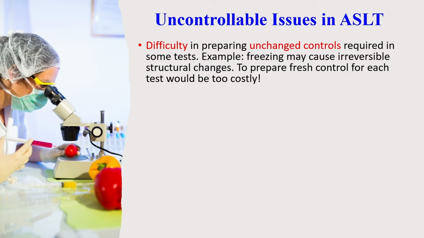Normally, we get the frozen products to compare with the accelerated products. But do you know that freezing may cause some irreversible structural changes? Let's say in some high fat content products, freezing may cause oxidation